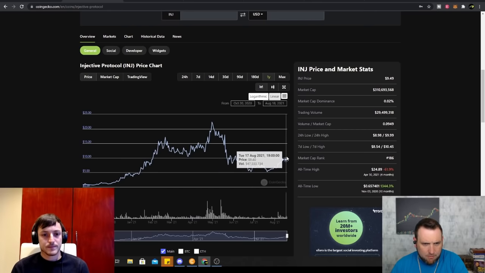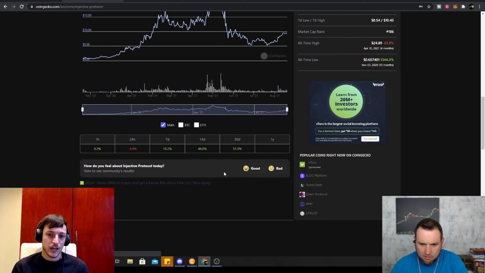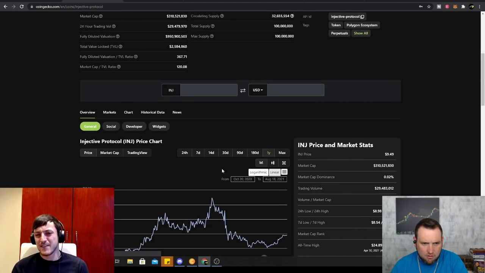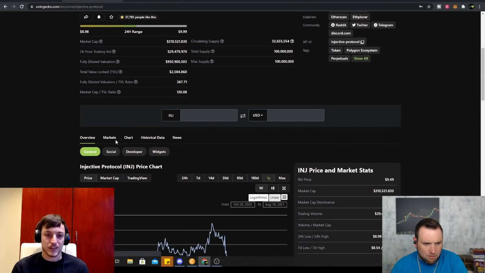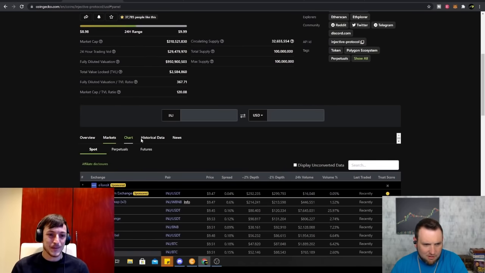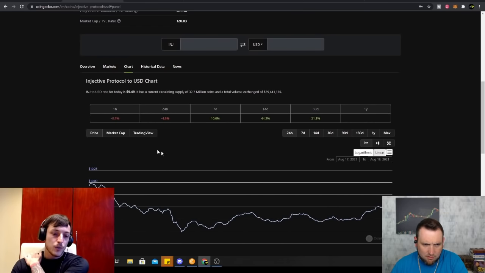It's got a little double bottom on the daily chart, so it looks like it's trying to come back up and break maybe this $10 area soon. That would be the idea, and then it can continue higher. I suppose, like we discussed on your channel, if the crypto market is going to have this sort of altcoin cycle that we've been theorizing, then you could imagine Injective will be one that participates in that and does quite well. Yeah, seriously. I'll probably let you know as well with Injective, since we're sort of focusing on it at the moment.